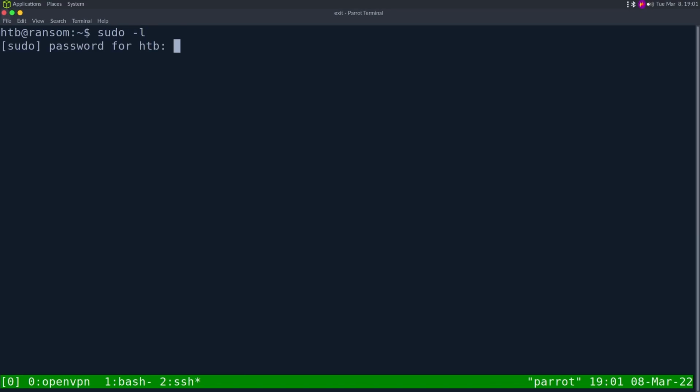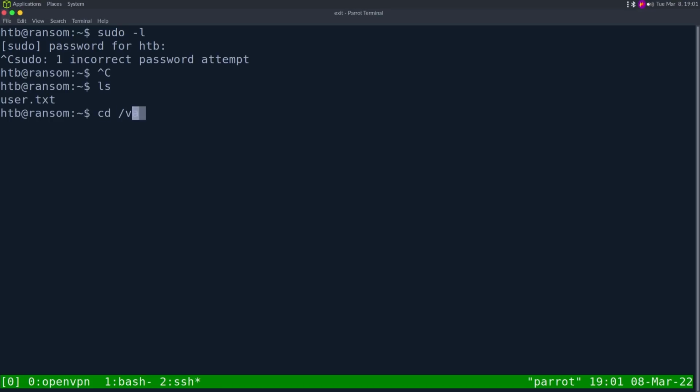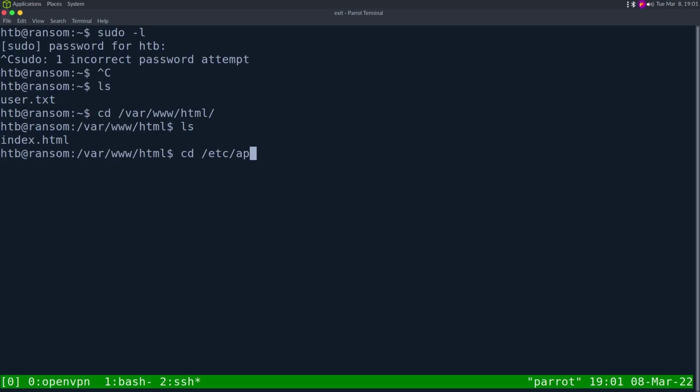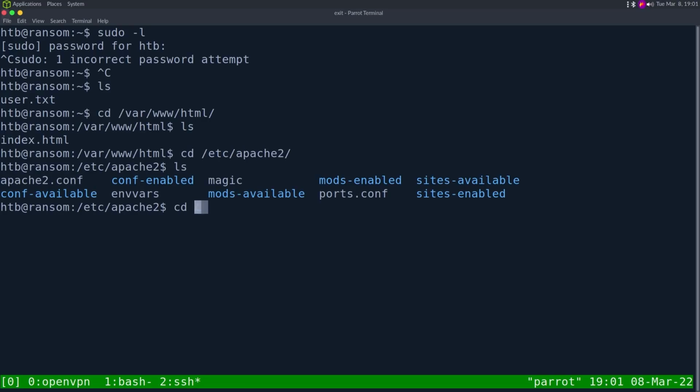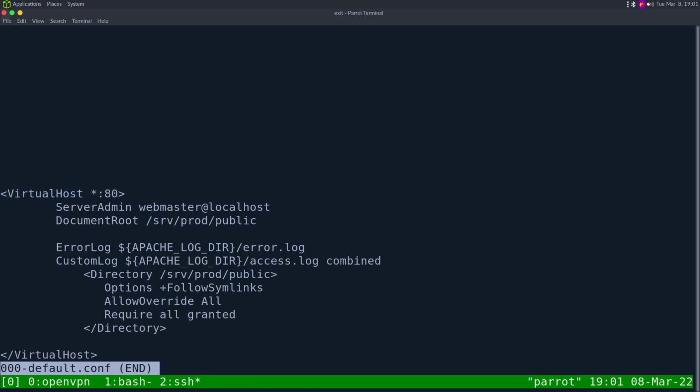So the very first thing I always do is a sudo -l. It's asking for a password, so that's not going to do anything. I always like looking at the web code to see what the passwords in the application are, and looking at /var/www/html doesn't really get me anything. So I'm going to go to /etc/apache2. We can do sites-enabled, look at the default site, and we can see the document root is set to serve